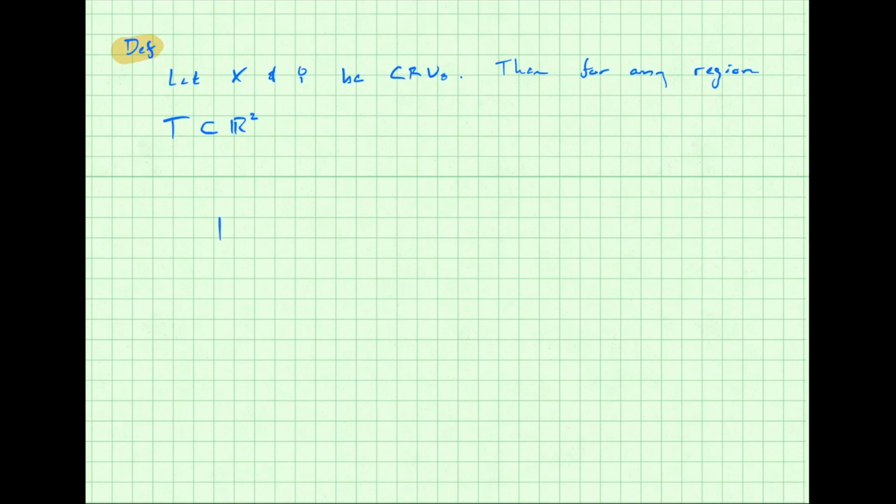We'll say the probability that x and y are in that region T is given by the following integral. So we've got integral over x, integral over y, but both of them are such that you stay in the region T. Then we put the probability density function here that we're just about to define,